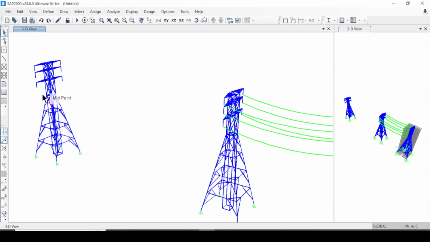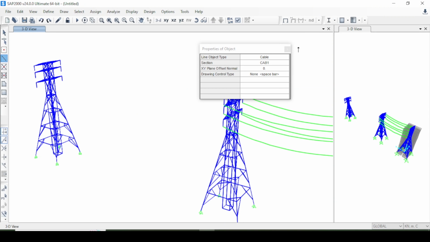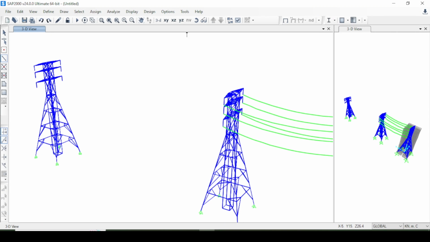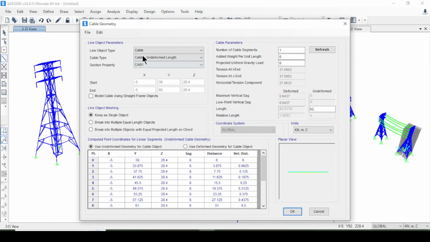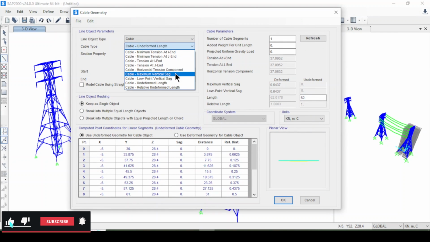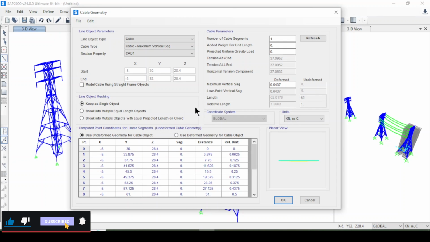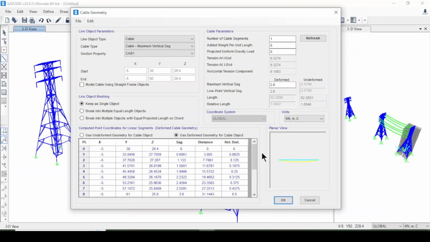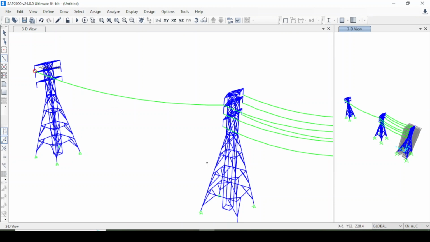So now I'm coming here to draw the cables, because I cannot replicate these cables because the distance is different. Here is 20 meter distance, and here is 32 meter distance. That's why I will select this point and come here to this point. Then here the cable geometry, and I will select the maximum vertical sagging, and the deformed maximum vertical sagging will be 2.6 meter, and here use deformed geometry, and I will select okay. It is a cable,